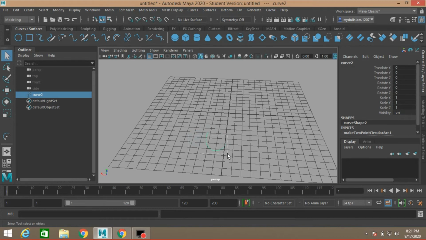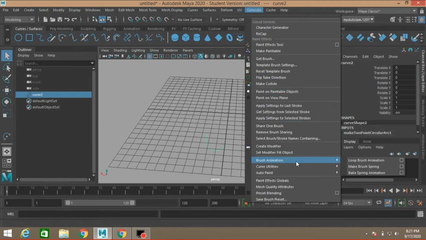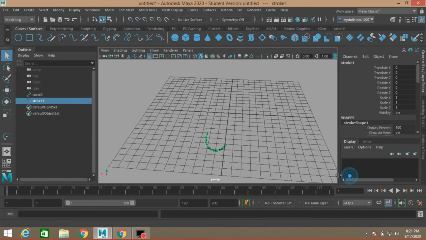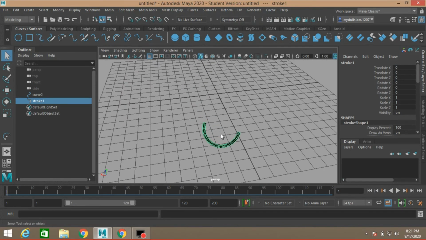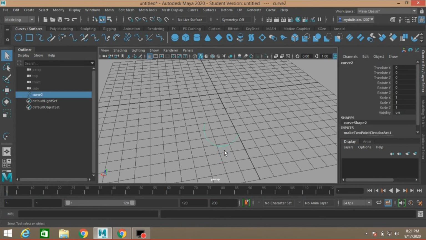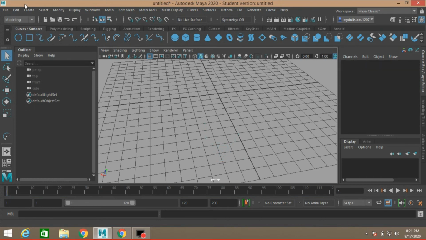You can create or convert curve into polygon with the previous effect. You can also do the same for the CV and EP curve. I will show you. See, this is for 2-point circular arc. Press delete the curve.